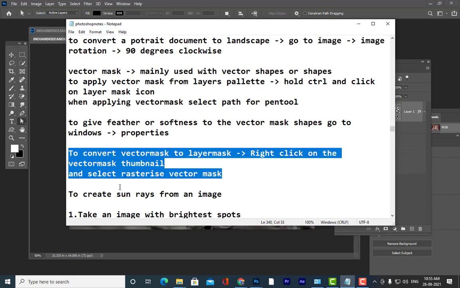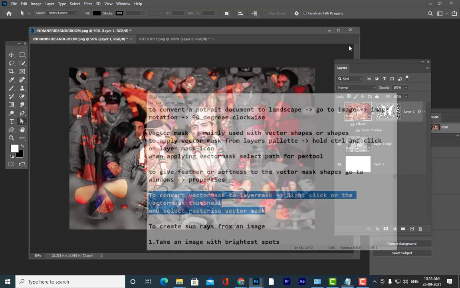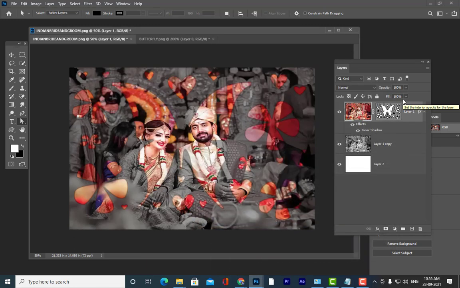Right click on the vector mask thumbnail and select Rasterize Vector Mask. So how can we do that? Just a minute.